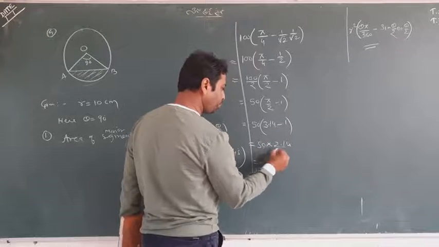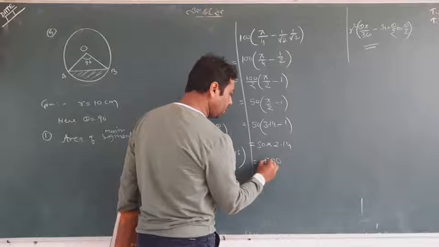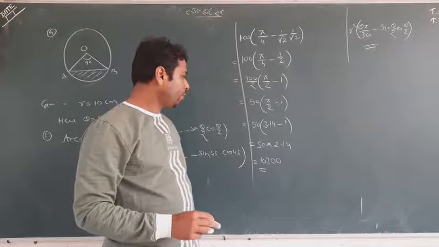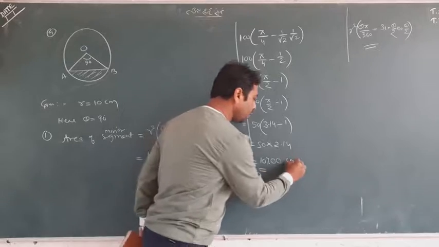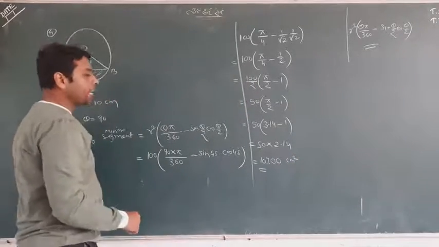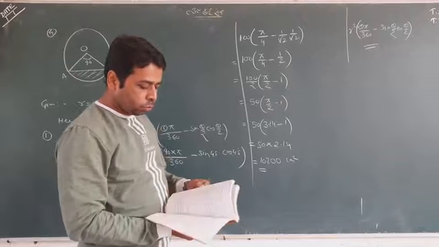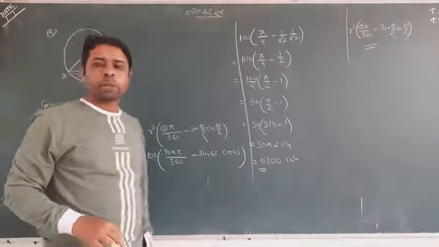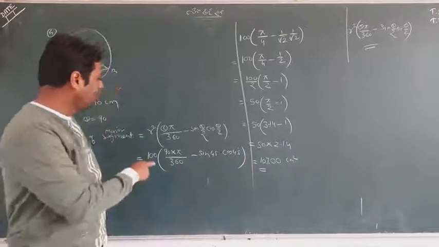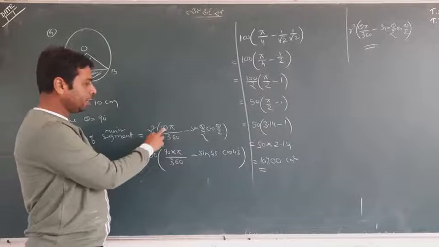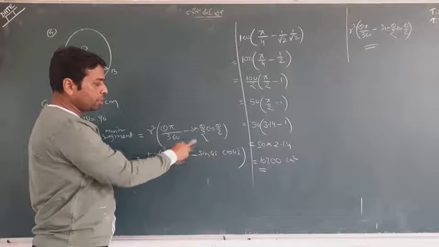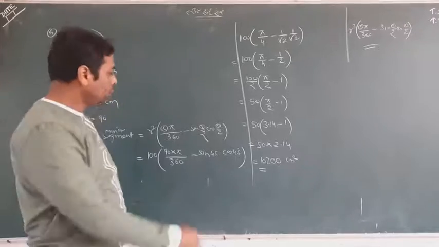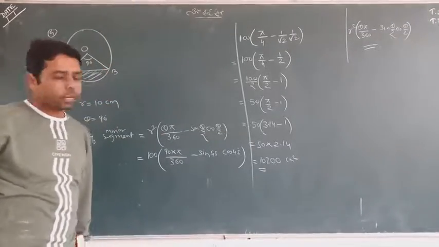And you have a value like that, 20.75 square centimeter, and that is the area of the segment you have got. So students, this is the area of the minor segment you have obtained from the formula. You only put r square equal to 10, 10 tens are 100, theta equal to 90 degrees, pi upon 360 minus sin 45, cos 45. You know the values, put all the values and get your proper answer. So I don't think it's a tough one.